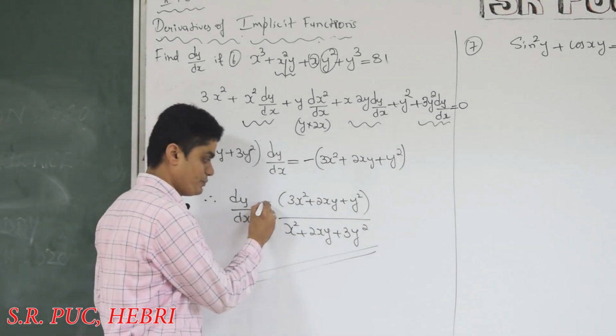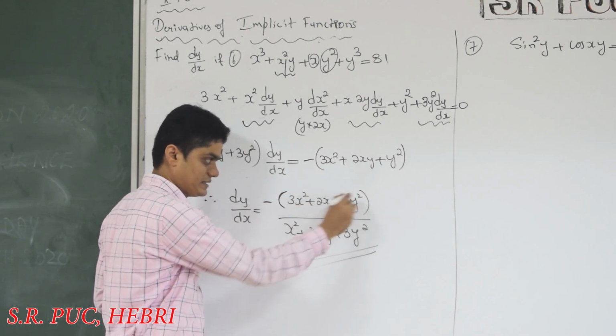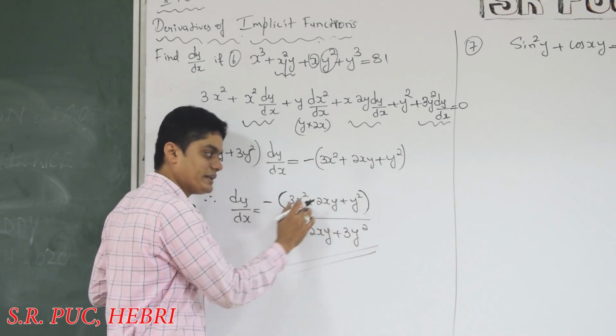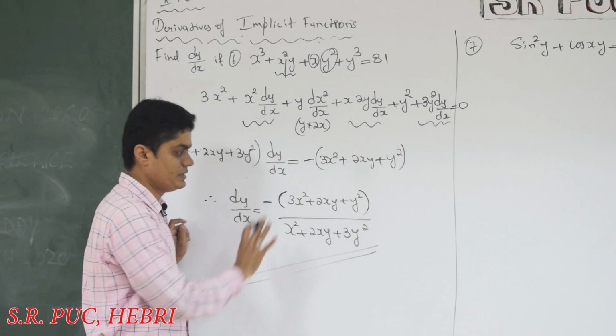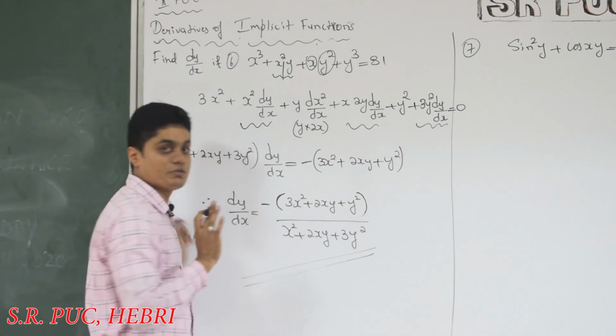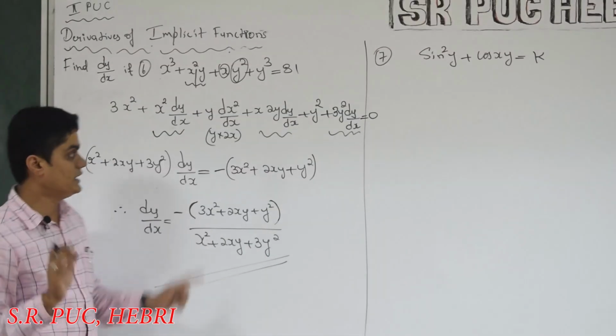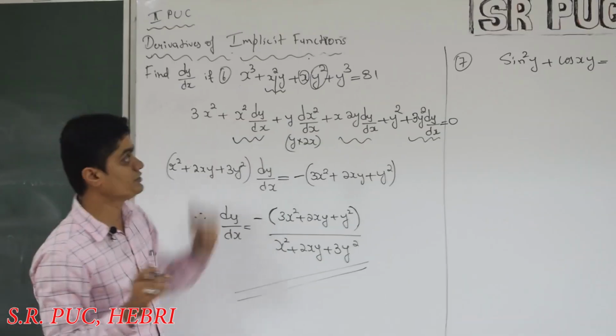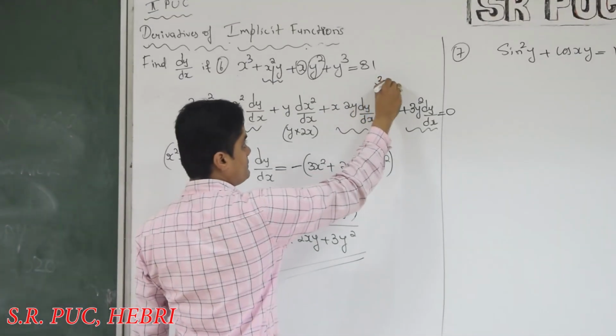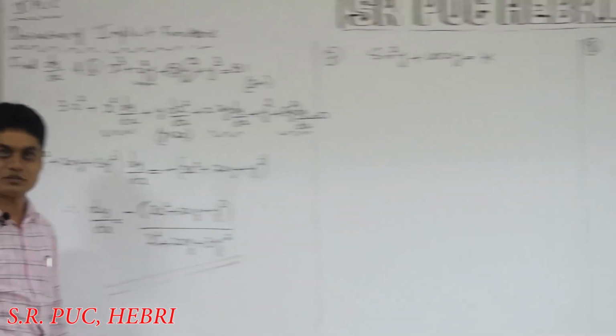But remember, if you put the minus sign outside, the bracket is compulsory. Otherwise, just keep the minus sign in each term. One and the same. But put a bracket if you write the minus sign outside. I hope you understood. So this is an important question for 3 marks. Please remember, it is an important question, asked in the final exam. Got it?